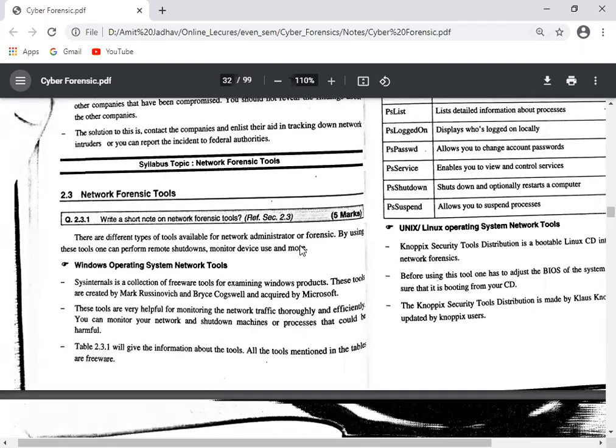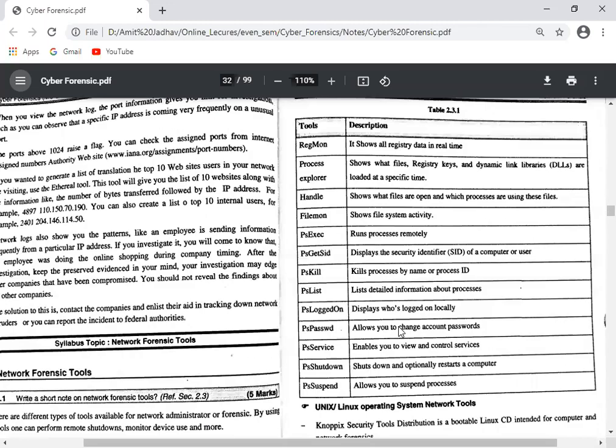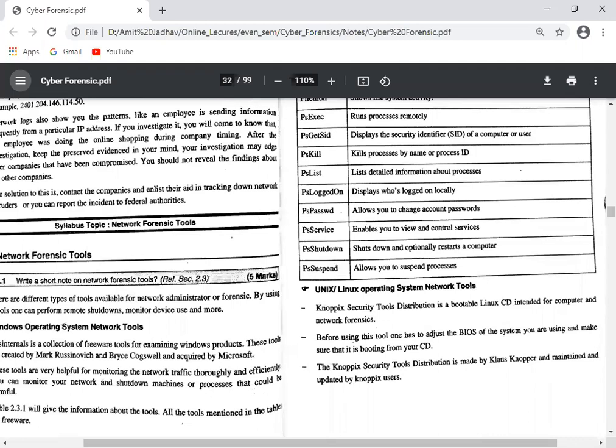Okay. So to identify the attacker or hacker who attacks our network system, we first find out the tools which are applicable for such types of attacks. So these are some forensic tools that we can use. This is the list of forensic tools that we're going to discuss now.